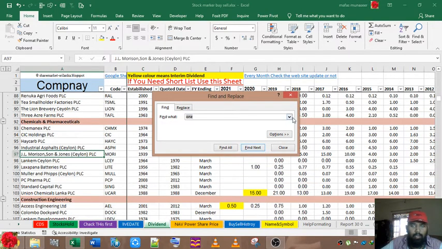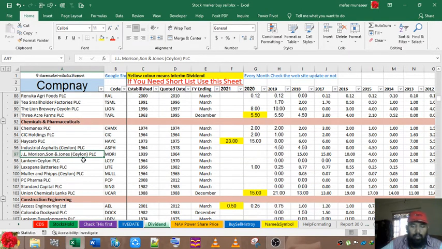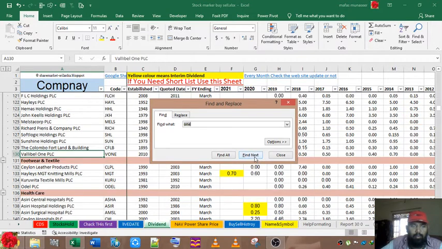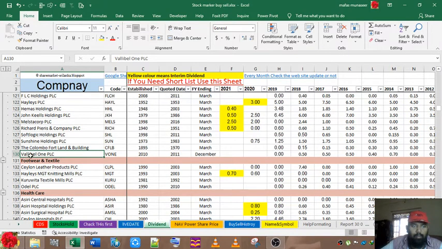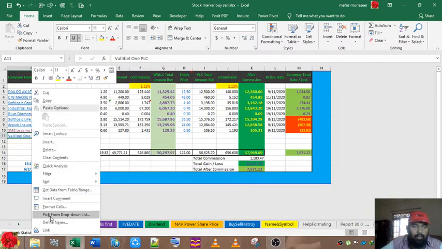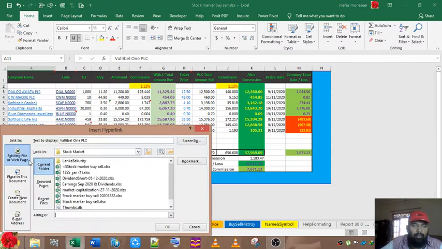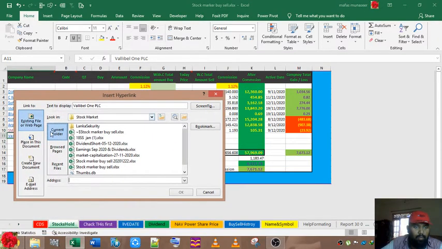F1, let me see. Okay, not that one. Valuable One, yes, it's going to be A130. A130, so I'm going to link it. Same place to keep.